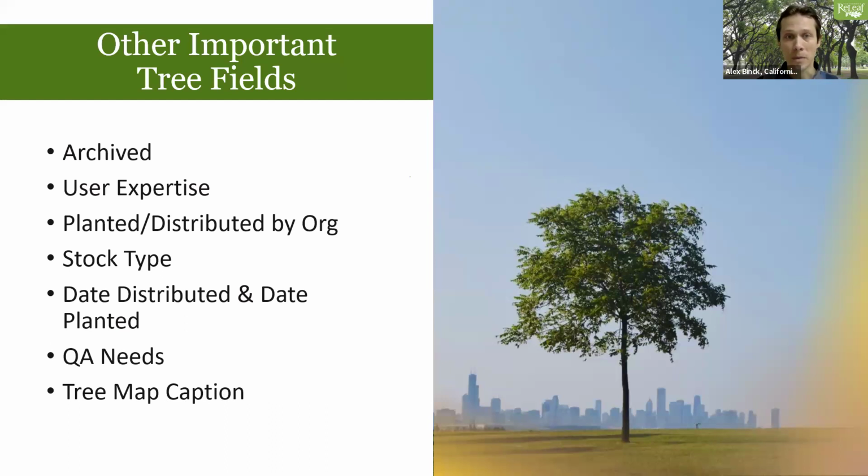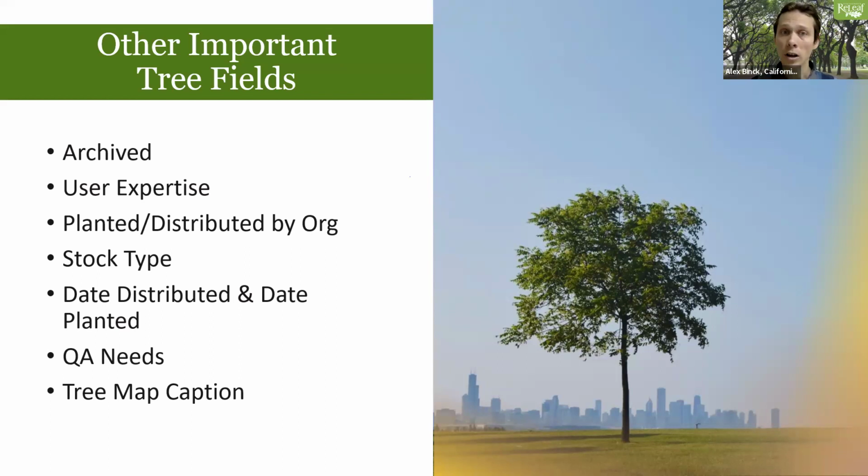And what this does is it makes a little piece of text appear next to each dot for the tree if you want to label them. And you can choose a different field that you want the text to appear as. So you could label them by species name, or you could label them by diameter, or whatever piece of information